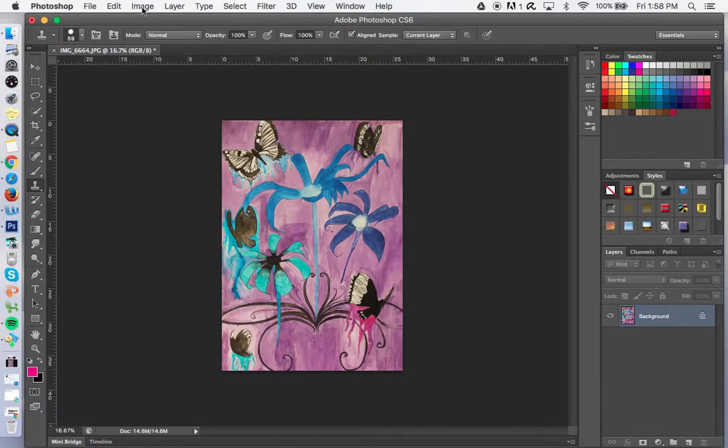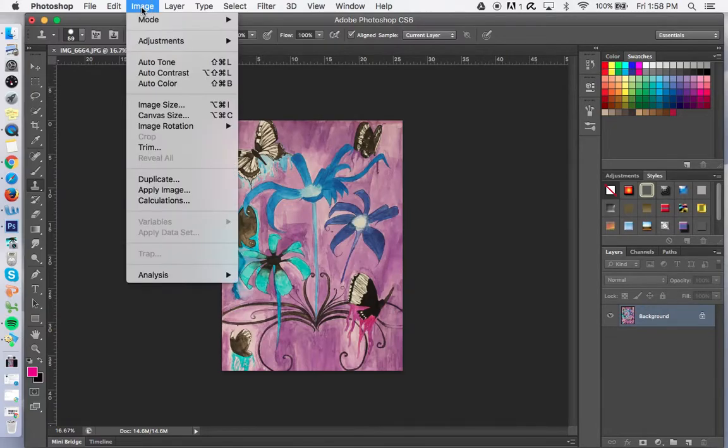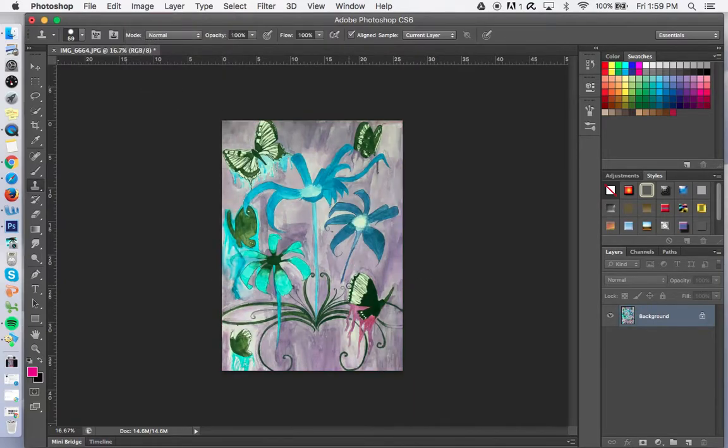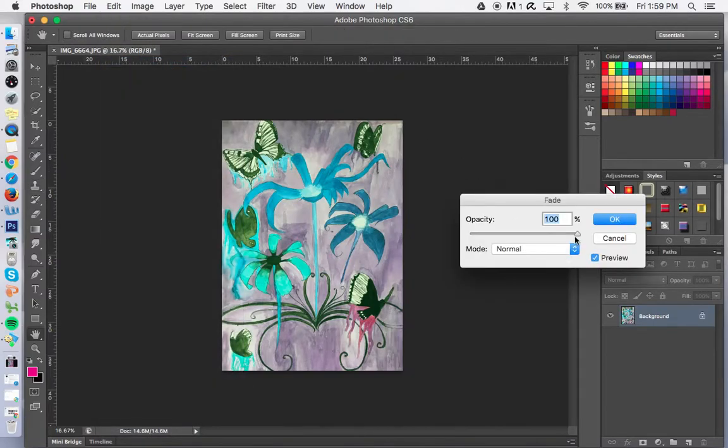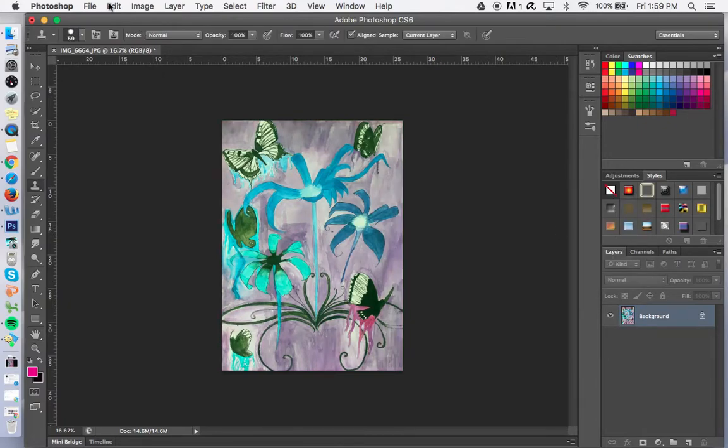If you need to make corrections, where you're going to go is under Image, and you have a lot of different options. There are some auto clicks here. I usually think that they overdo it. I'll just click on Auto Color to show you what I mean. It tries to make too many decisions, and it's usually not what you want. So again, as I said, you can either undo, you could step back. You also have options of fading that effect, which means you could kind of play with that a little bit, not have it quite as strong. But in general, I would skip